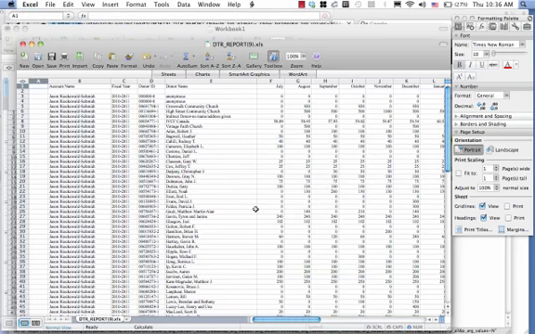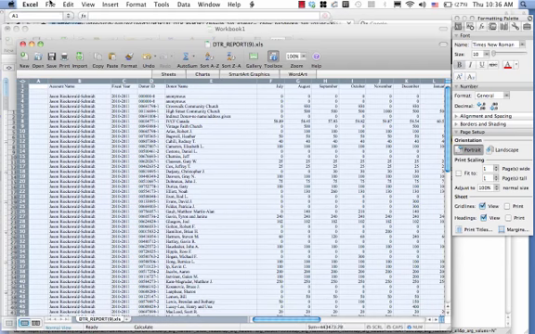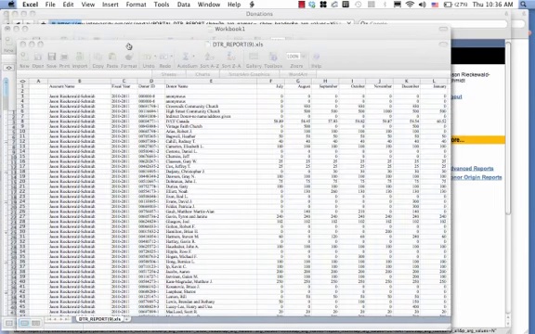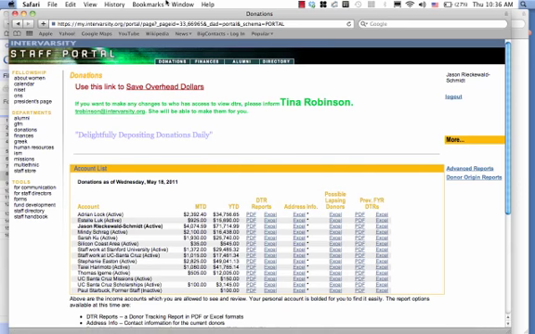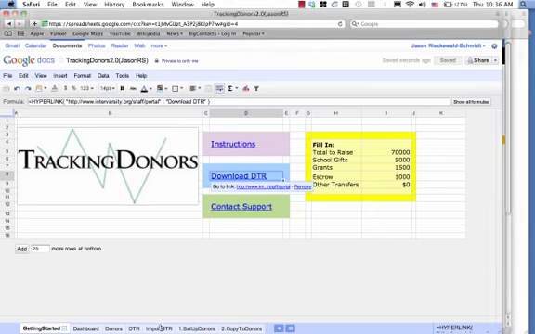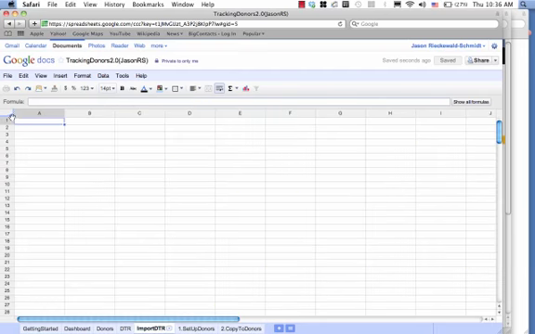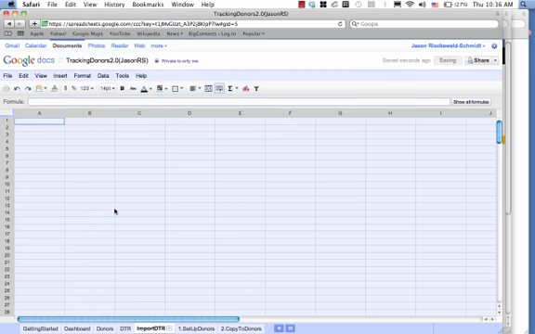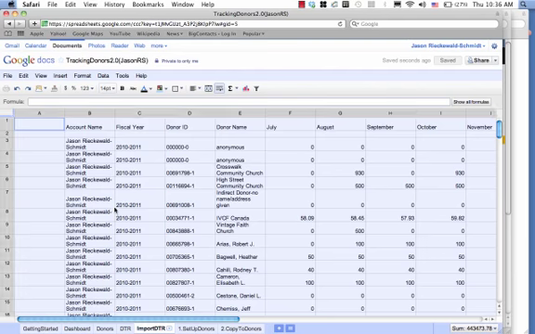I'm going to then open that in Excel. I'm going to click on the top left corner right here. I'm going to go Edit, Copy. This is in Excel. I'm going to go back into Tracking Donors. I'm going to click on the Import DTR link right here. I'm going to click on this top left cell, and I'm going to go in the browser, Edit, Paste. What this is going to do is it's going to import in all that DTR information that I just got